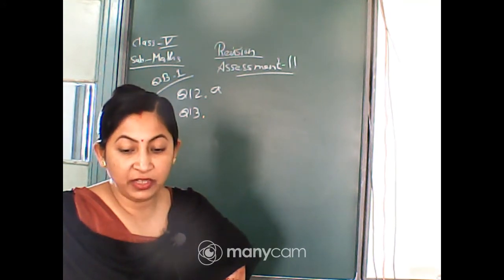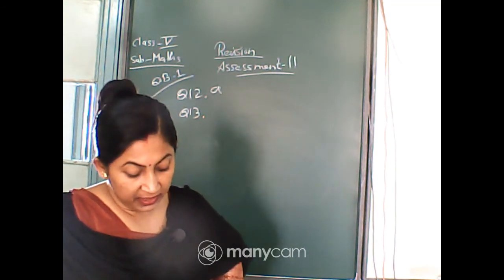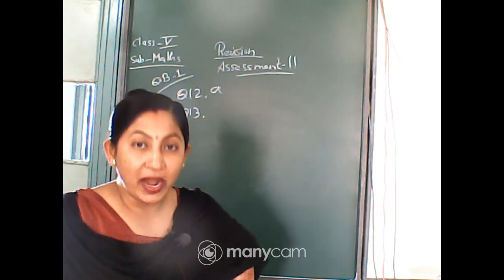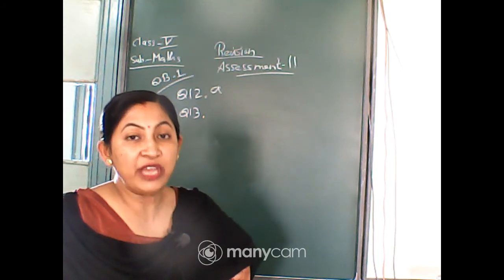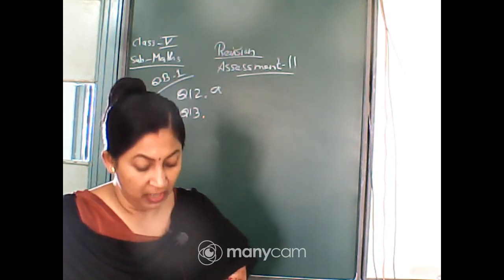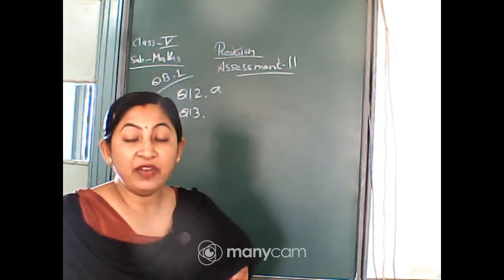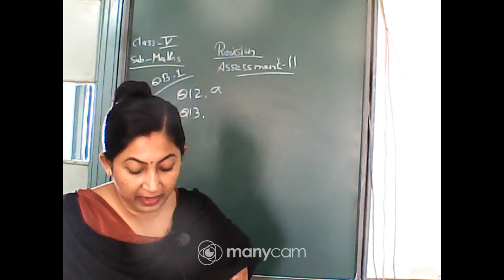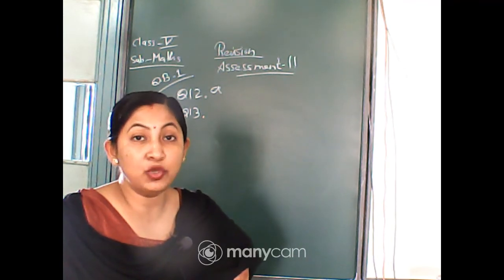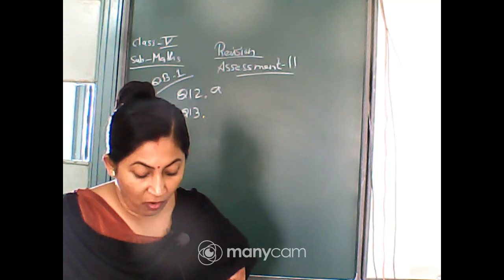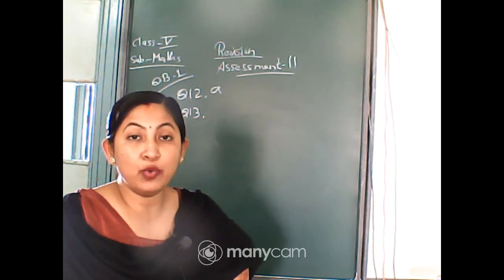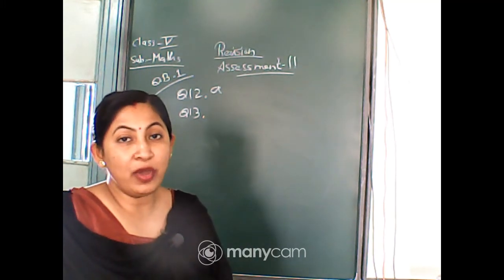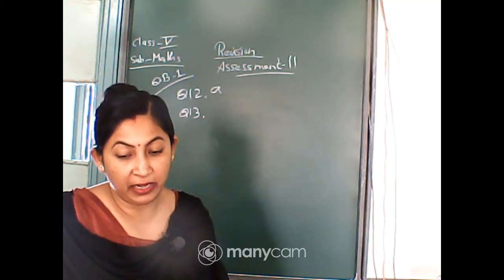See what you have done for this type of question. First of all, here it is given 125 gram is for 1 soap bar. So you will find for 3 soap bars, that means you have to multiply it. So 125 into 3 will give you the weight of 3 soap bars. Similarly, the weight of 1 detergent cake is 275 gram. You will find for 4 detergent cakes, so it is multiplied by 4. Now whatever you are getting, that too you will add and then you will tell me.